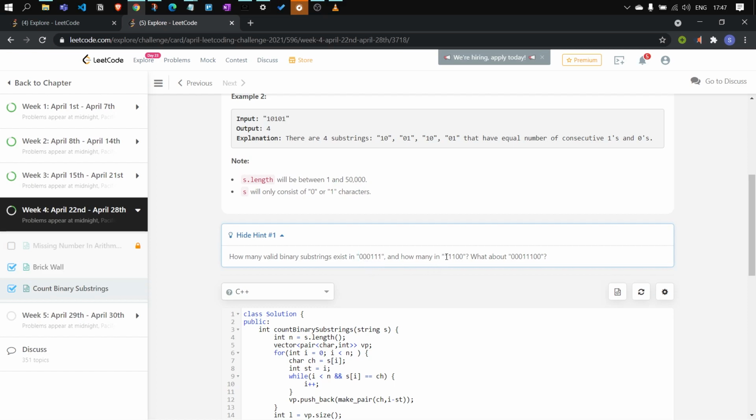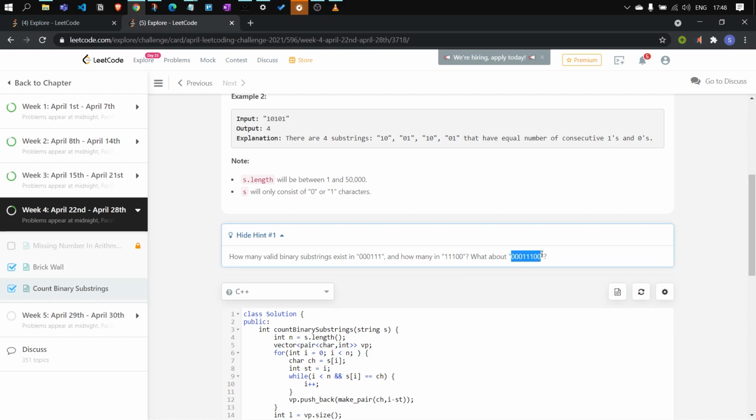Now let's see how many valid substrings exist for this. In this, you can see only two valid substrings exist because in both of them the number of zeros and the number of ones are the same, and also ones and zeros are grouped together. So in this case the number of valid substrings is equal to the number of zeros and not the number of ones. What we can infer from here is that if someone gives you a string in which the characters are grouped together, like 3 ones and 2 zeros, you will choose the lowest number of times a character is occurring. Like 0 is occurring twice, so that many substrings will exist in it.